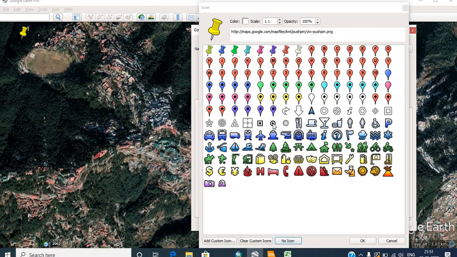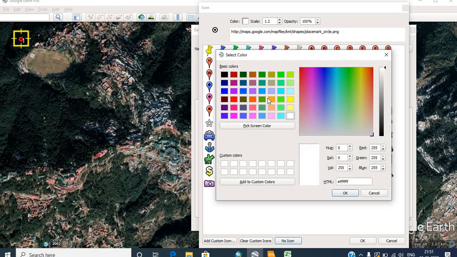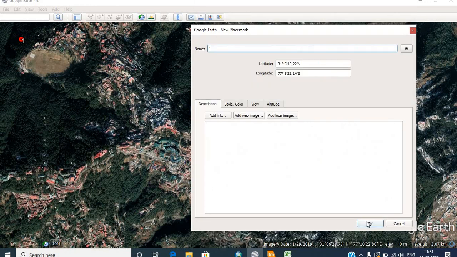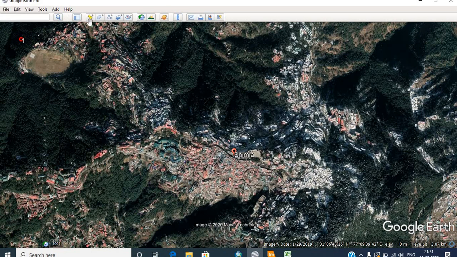So at the time of georeferencing, it would help, so this symbol would work more efficiently. And we can change the color also, and then okay, okay, okay, and this is our first GCP.